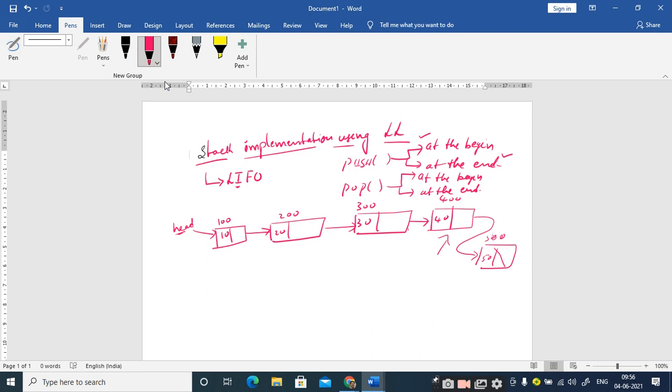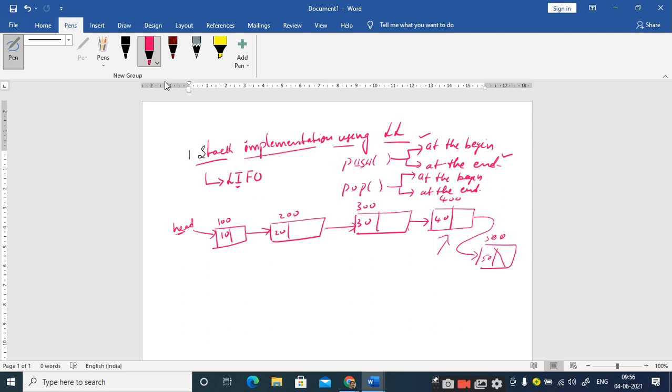50, right? So when you implement the push operation by inserting the node at the end, what operation should be implemented for the pop operation? Deletion at the end or deletion at the beginning? At the end, sir. Super. Deletion at the end. Why? Because the last inserted element is the 50, but I made the program such that the last inserted element is placed as the last element of the linked list.